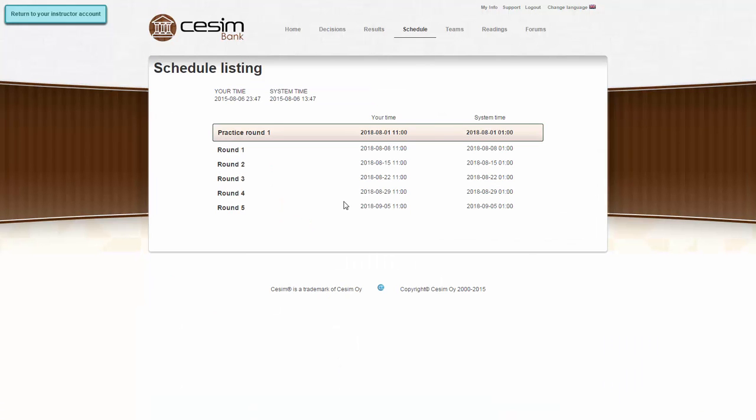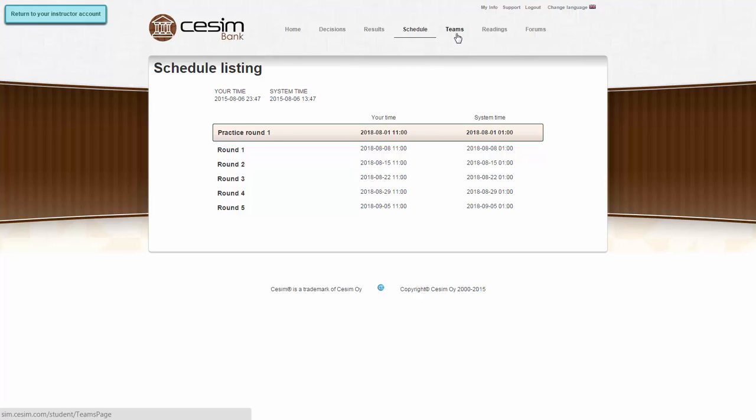Then we have the schedule page, and the schedule page shows the schedule that you as an instructor create for your students. And you can have up to 3 practice rounds and up to 12 actual decision making rounds. Typical duration for the course is 1 or 2 practice rounds, and then between 5 and 7 actual decision making rounds. The schedule is completely flexible, so you can change the deadlines and add rounds, delete rounds at any point